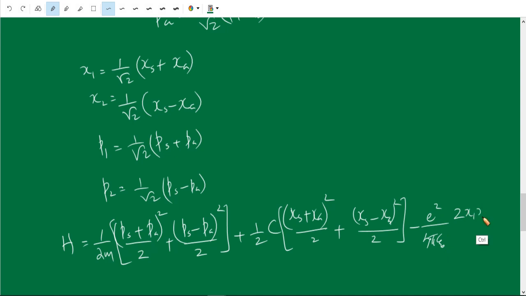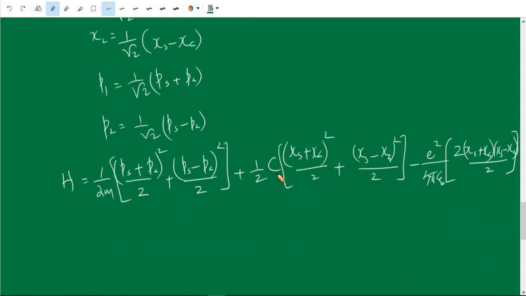So 2x1 x2 is (xs plus xa)(xs minus xa) divided by 2. Simplifying this equation, we will get H is equal to ps square by 2m plus half times c